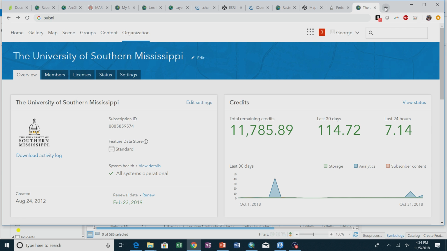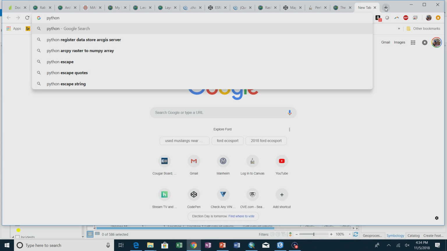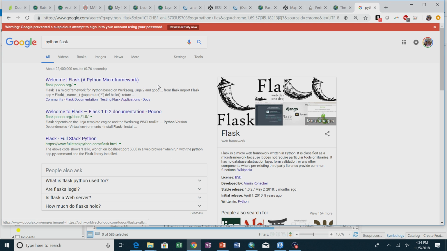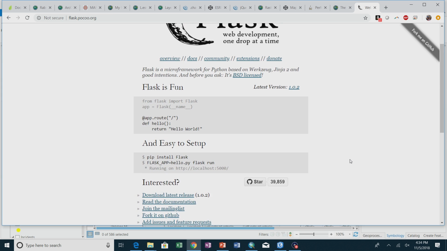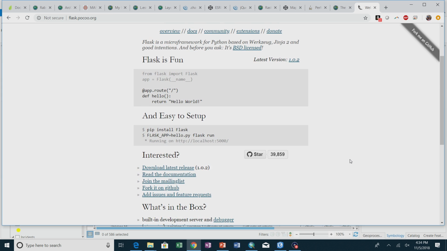And so there's several modules for Python. For those of you that have taken a Python course, there are several modules for creating web services. Probably the most basic one that people get started with is called Flask. Micro framework for creating web services. I'm not going to actually demonstrate it in this course, but you can write a short